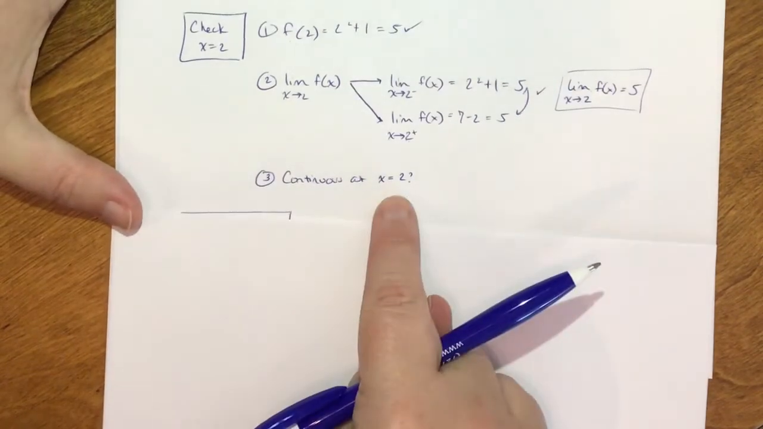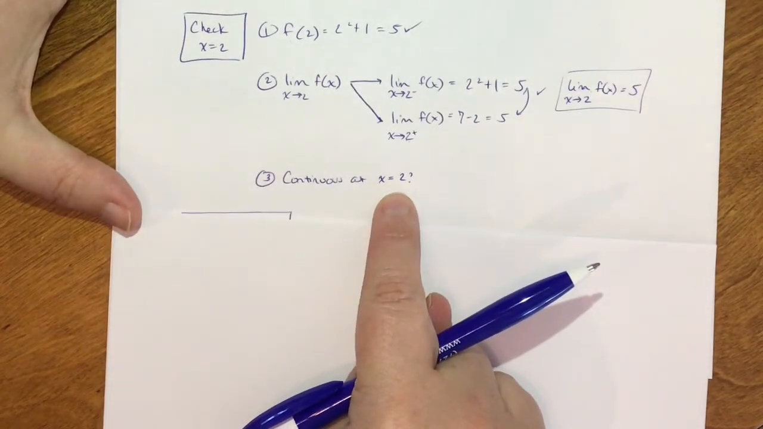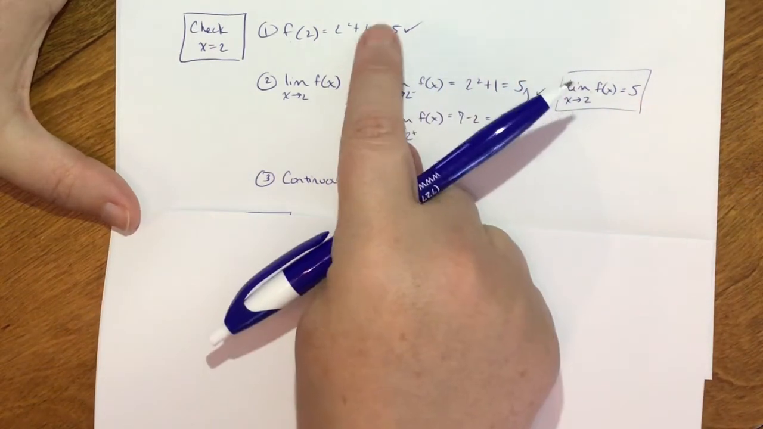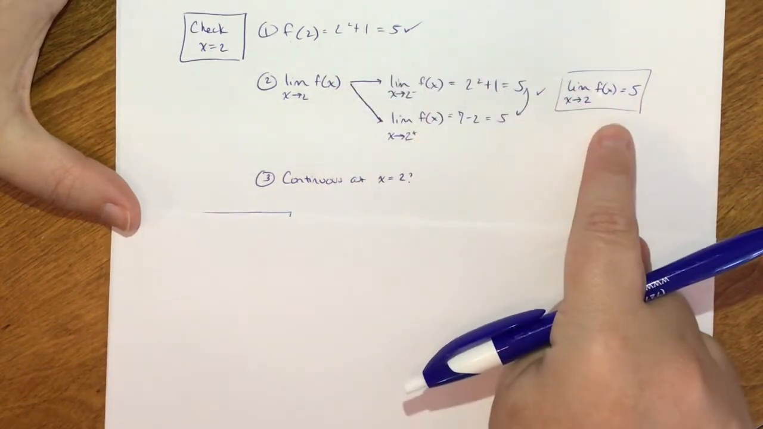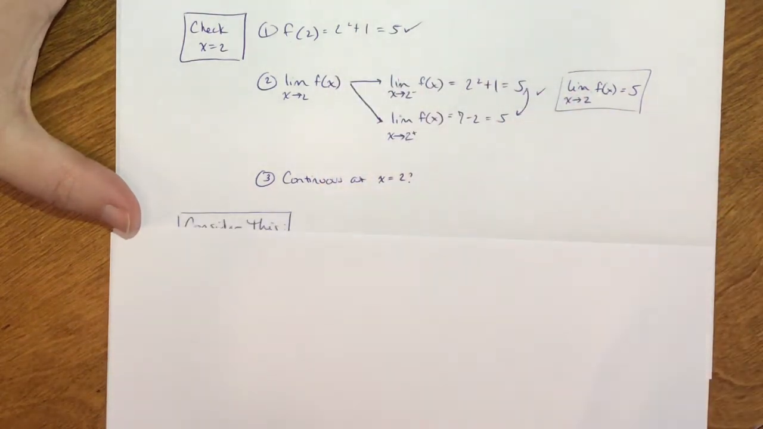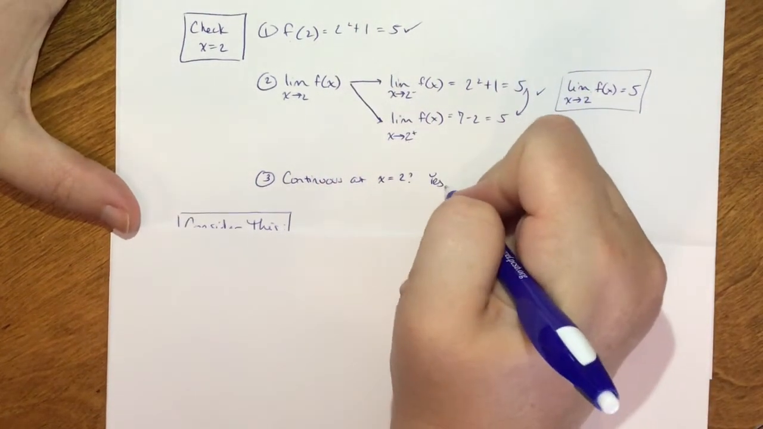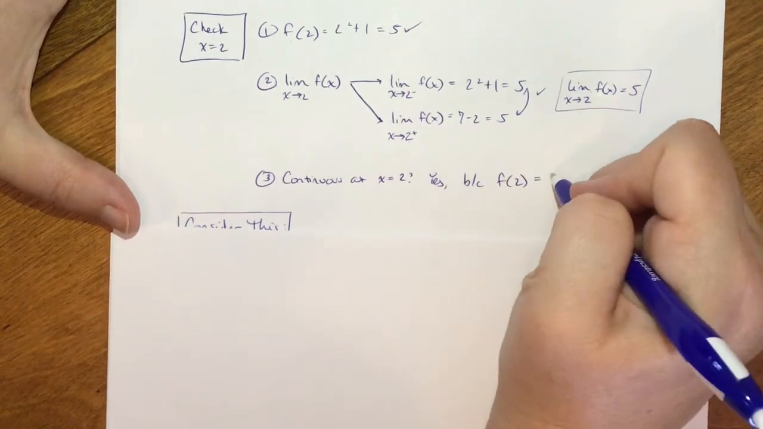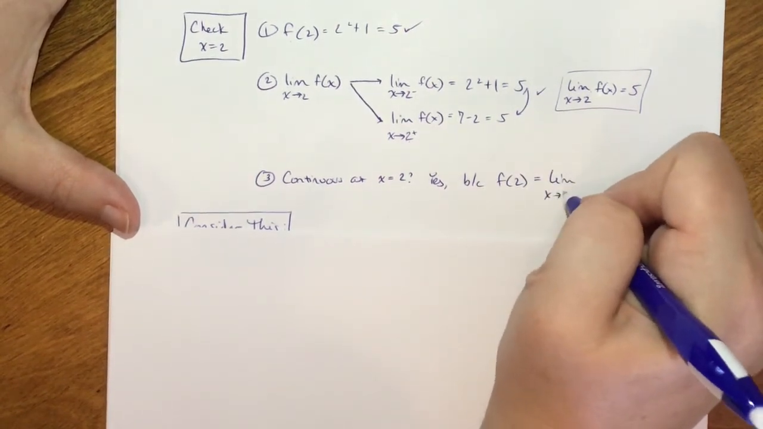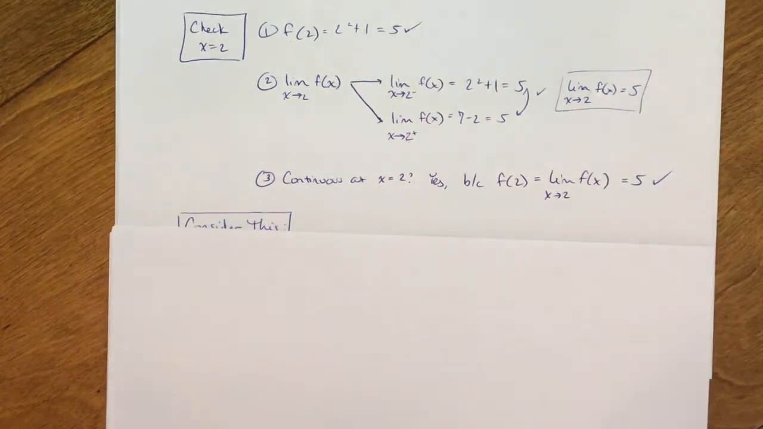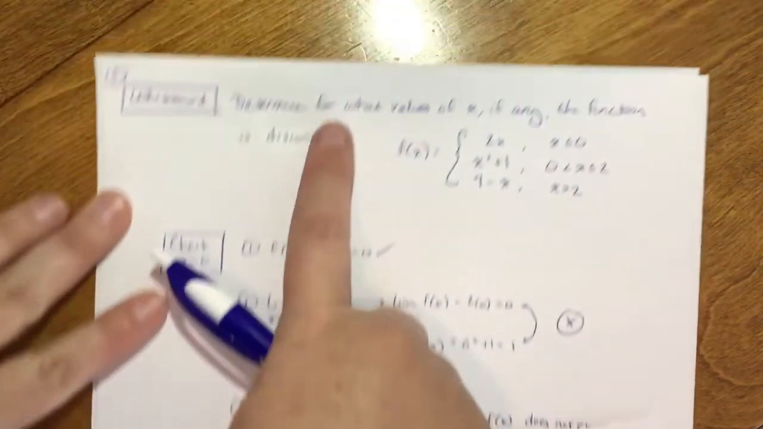Okay, so is it continuous at x equals 2? The function exists at x equals 2. The function is defined at x equals 2, and the limit exists at x equals 2. Are those two things the same? Yes, because f of 2 is equal to the limit as x approaches 2 of f of x. They both equaled 5. Now remember, the way this question was phrased at the beginning, determine for what values of